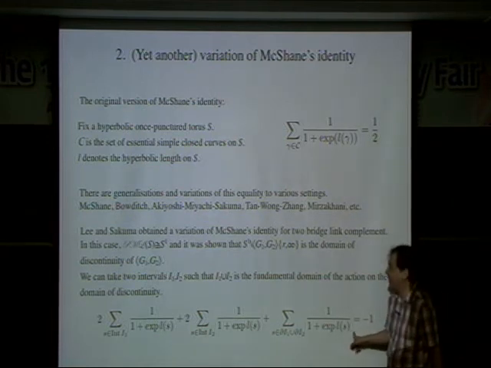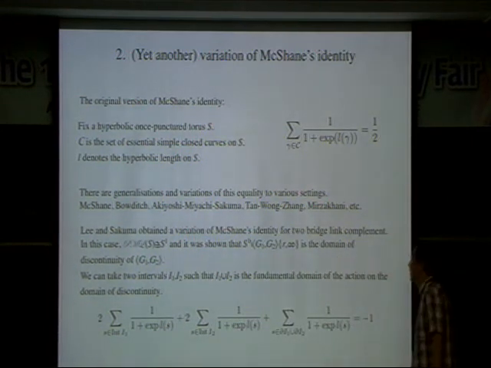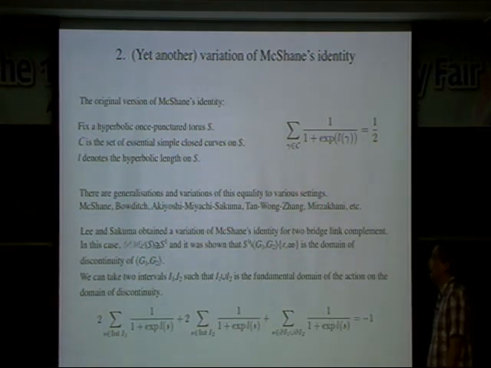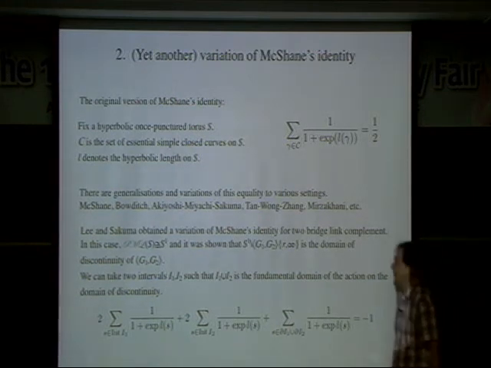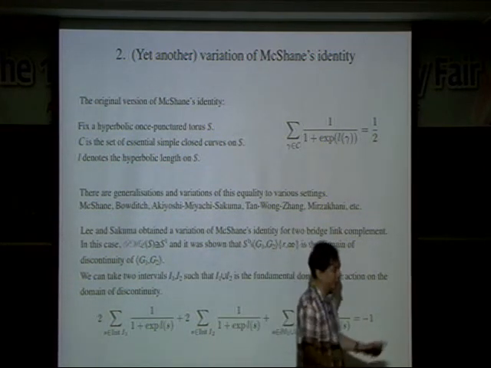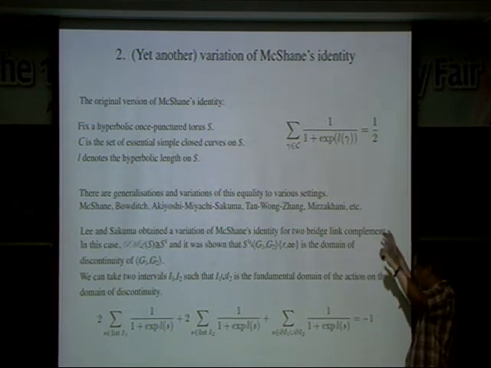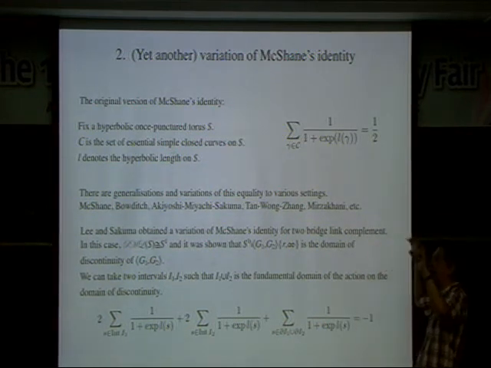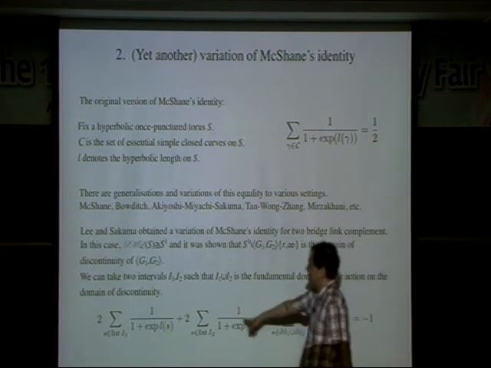So the identity is something like this. You can decompose the domain of discontinuity of the action of the group generated by G1 and G2 into two. Actually it has two components, and each has a fundamental domain, I1 and I2, and what you get